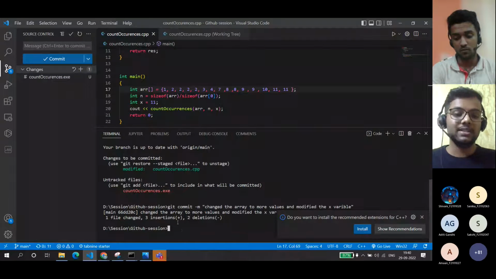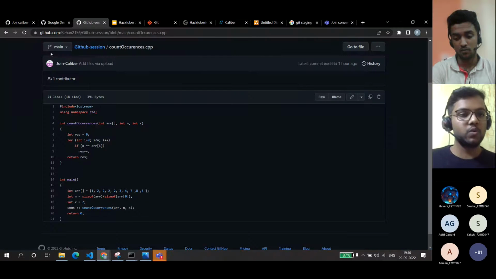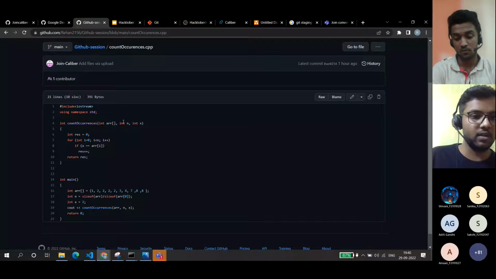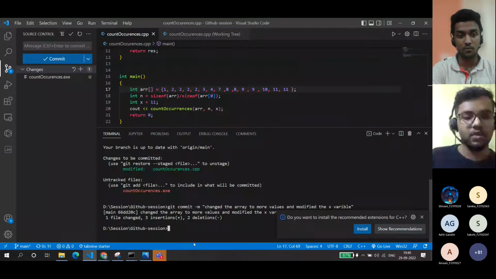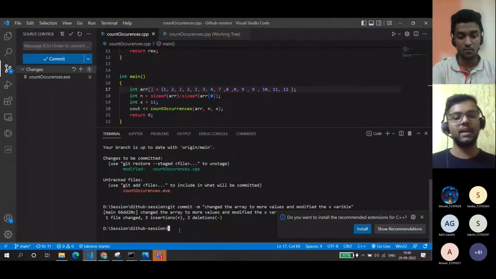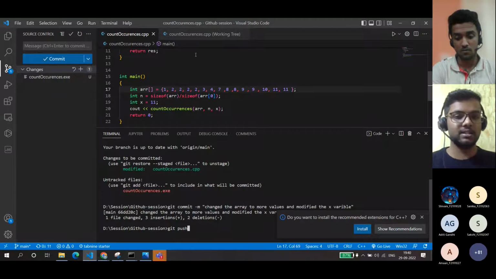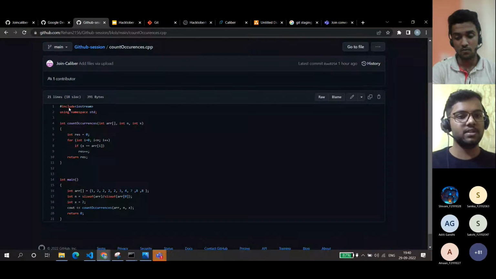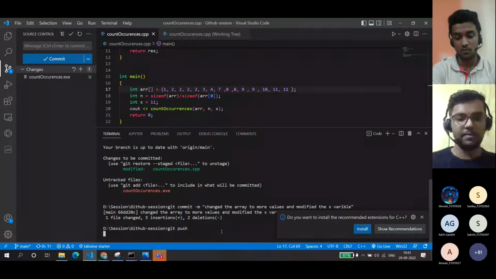Now we need to send this to this repository, or we need to actually tell it, hey, I've made some changes, I want you to reflect it. So how do we do that? The command for that is git push. So we will use git push, and just by pressing enter, these changes will get reflected into this repository. So here I press enter,